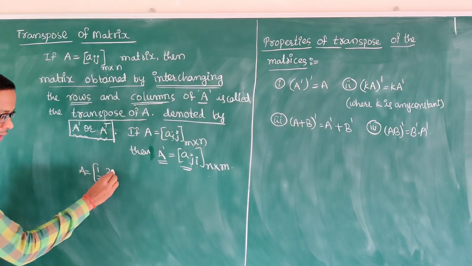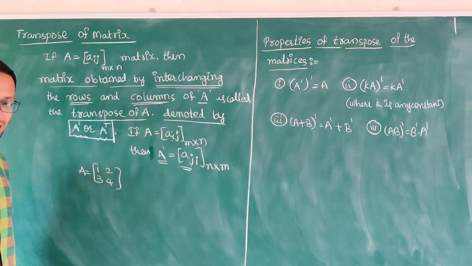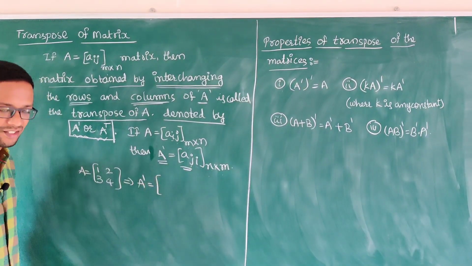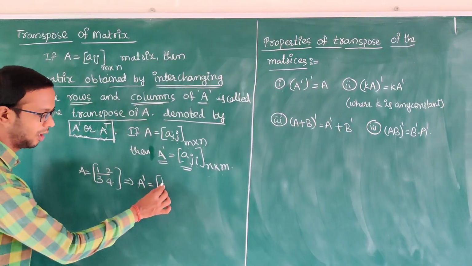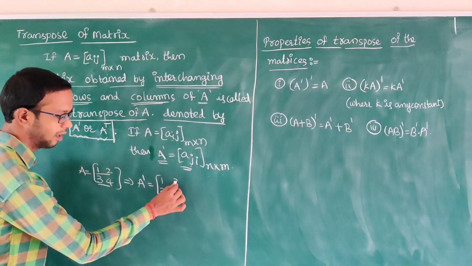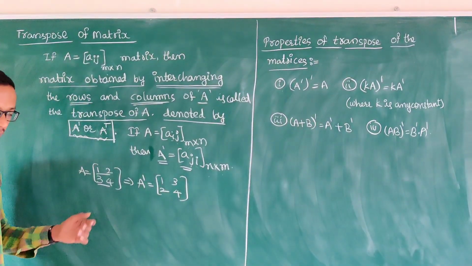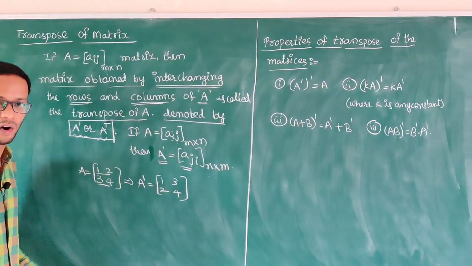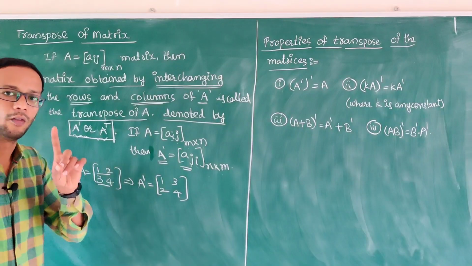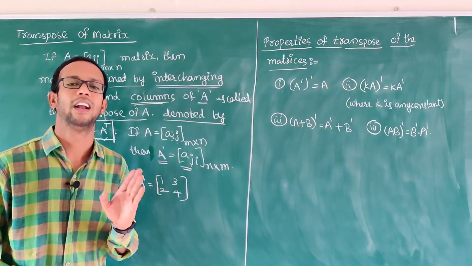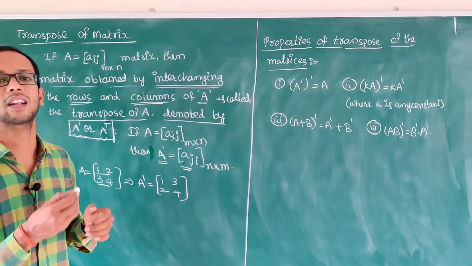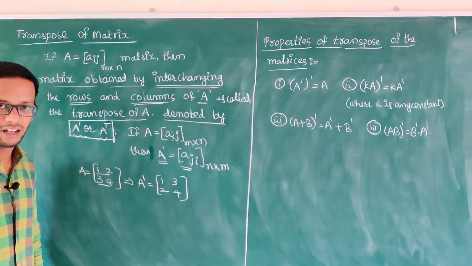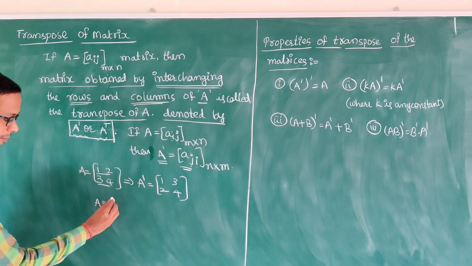1, 2, 3, 4. One matrix is there, which implies A dash. A dash is nothing but rows written as columns, and automatically columns are written as rows. So we have to write rows as columns, and automatically columns will become rows. So you observe, this one is A dash. One more example we'll see.